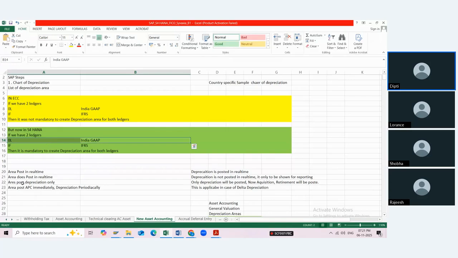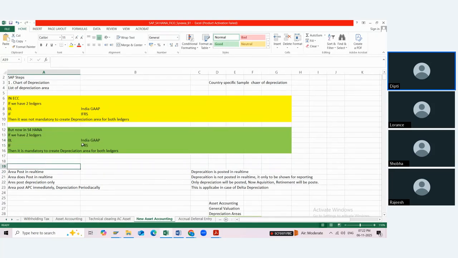This is called area post in real time. But now for one of the non-leading ledgers also, it is mandatory for you to assign the real-time depreciation area. So when we talk about IFRS, in IFRS also I get a real-time amount posted, which was not the case earlier. And this is based on the leading and non-leading ledger. This is called the new asset accounting, which was not a part of our old version.